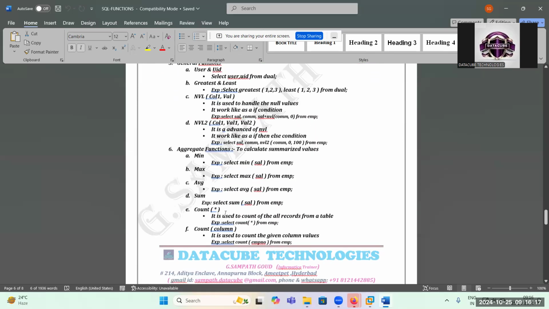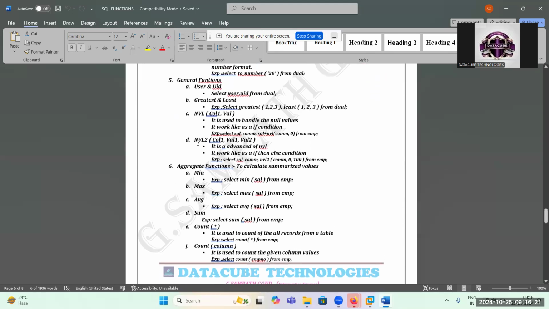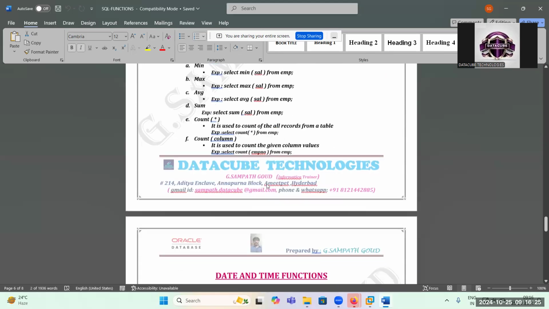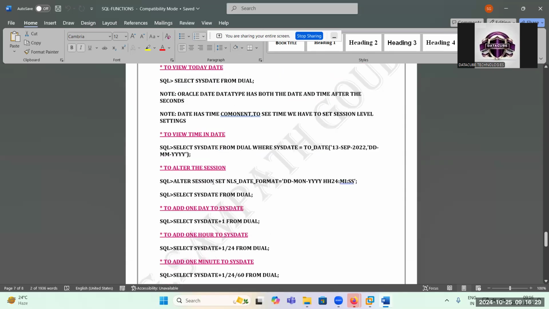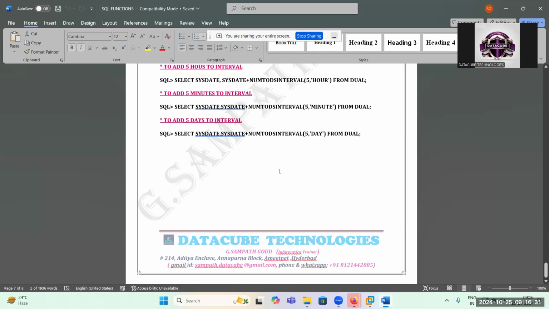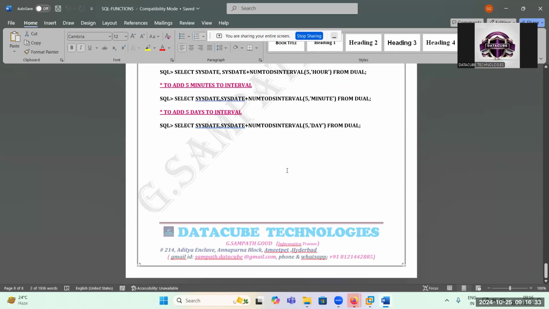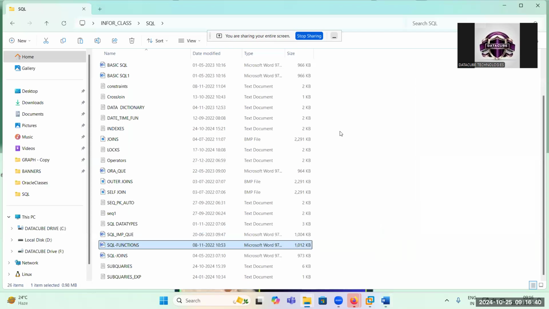With the help of these functions, see aggregate functions. Okay, NVL function, not null value function. Like that, we can use this, and time functions are also there. So all of this we need to do practically. Okay, right. Why? Because maybe